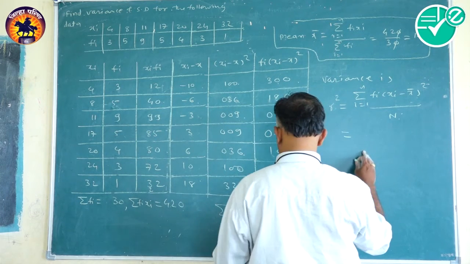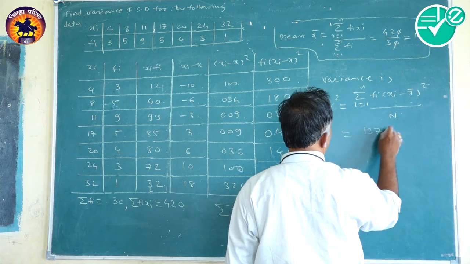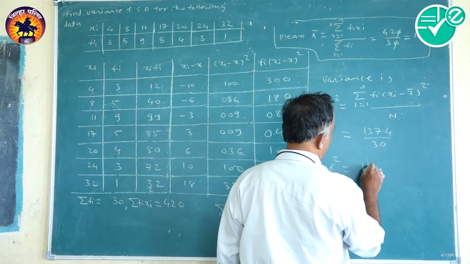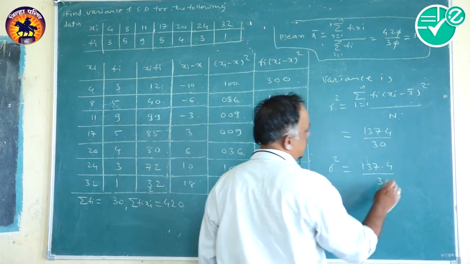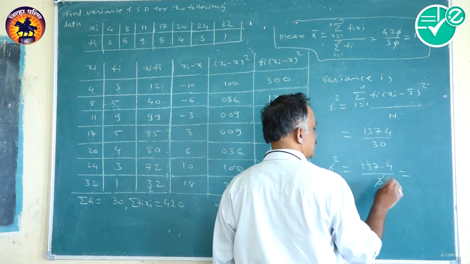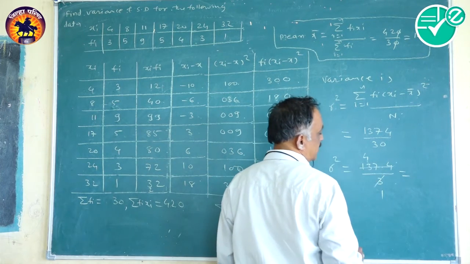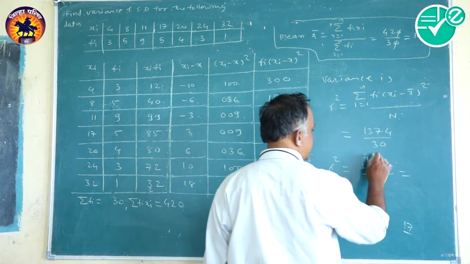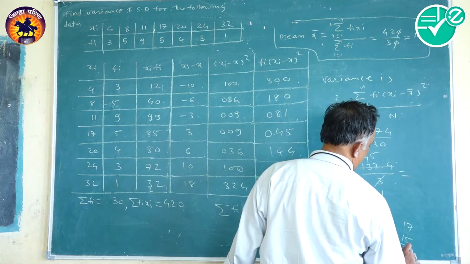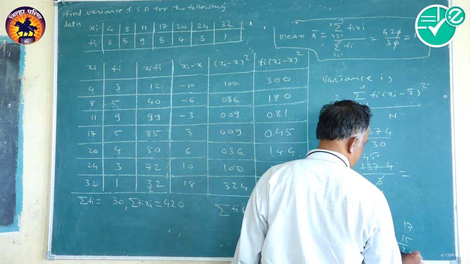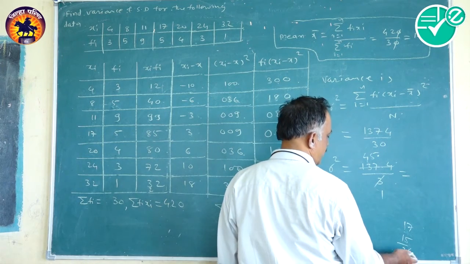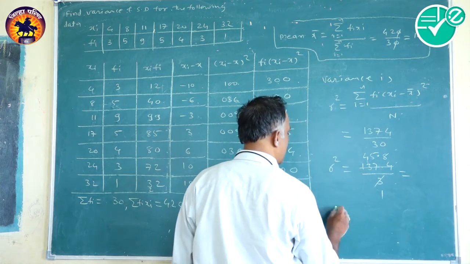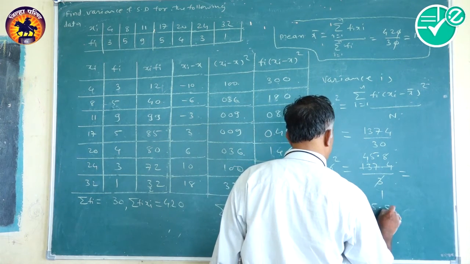So therefore it is exactly equal to 1374 divided by 30. So therefore sigma square is equal to 137.4 divided by 3. 3 into 4, that is equal to 12. 13 minus 12 gives you 1. Taking 7, it will be 17. 3 into 5, 15. 17 minus 15 gives you 2. Decimal point is given there. 4 is taken down here. 24. 3 into 8, that will be 24. So the sigma square is equal to 45.8.